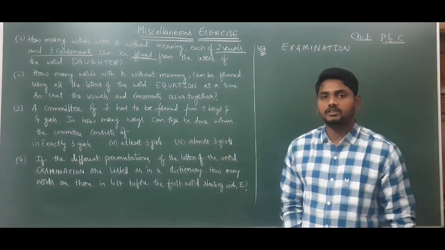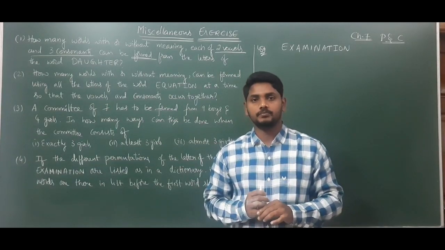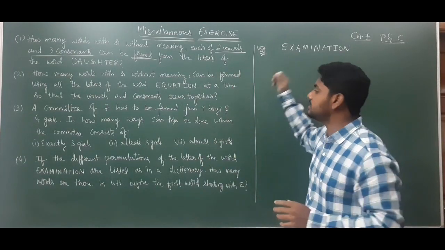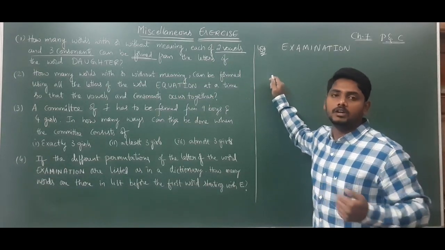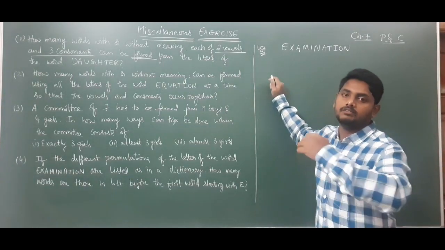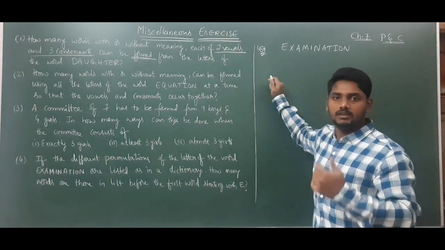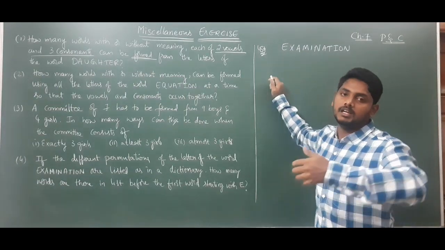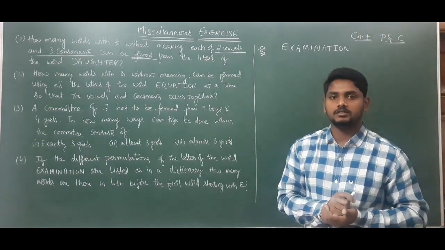See, in the previous class we have discussed how we will form words in a dictionary. When using only these letters, how will we form them actually in a dictionary? In alphabetical order we will form. First with A, next with B if available. If B is not there, next with C if available. If C is not there, after A we will go to D. Like that in alphabetical order we will arrange.